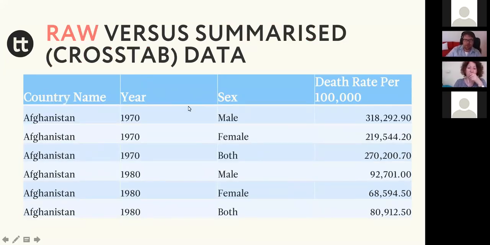Raw data, on the other hand, is where every single piece of information has its own individual row. So we have the death rate per 100,000 people here, but then you can see that Afghanistan appears at least 6 times already in this same data set. And it goes to 1970, so that's male, female, and both. And again, male, female, and both. So 1970 is 3 times, 1980 is 3 times. The sex is different for each single one,